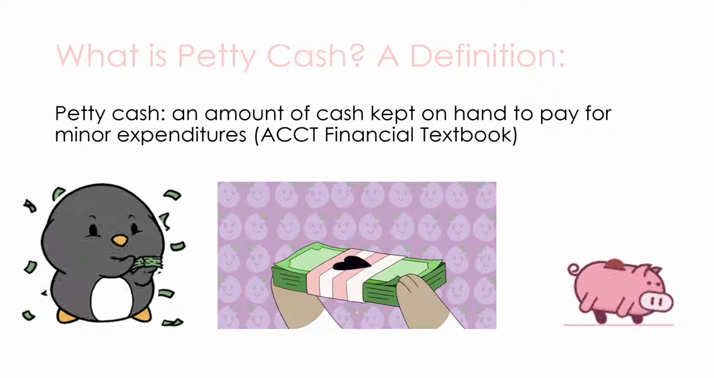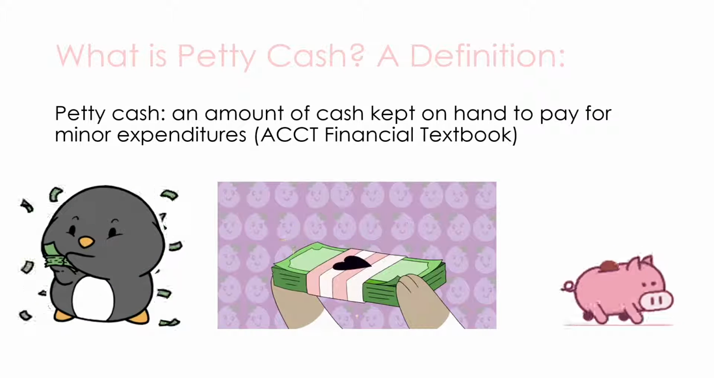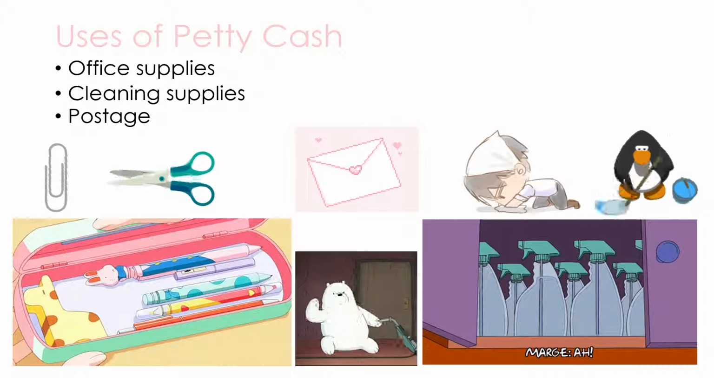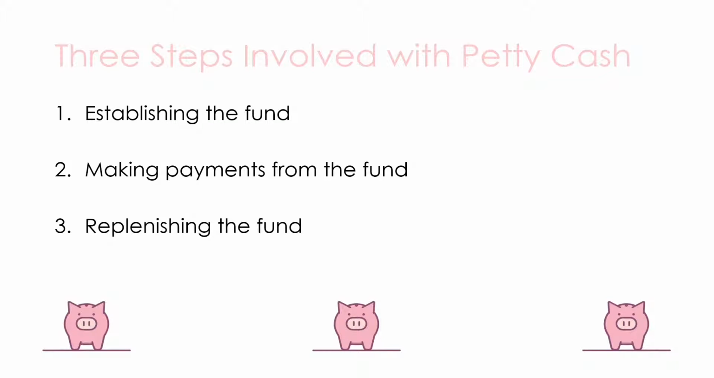What is petty cash? A petty cash fund, as defined by the ACCT financial textbook, is an amount of cash kept on hand to pay for minor expenditures. Businesses use petty cash to purchase small supplies such as office supplies, cleaning supplies, or postage. There are 3 steps involved with petty cash, and they include establishing the fund, making payments from the fund, and